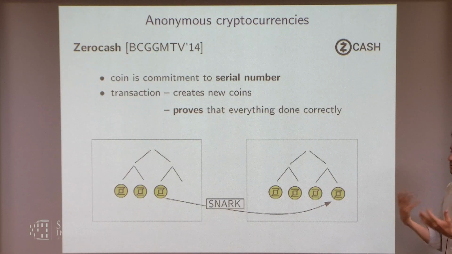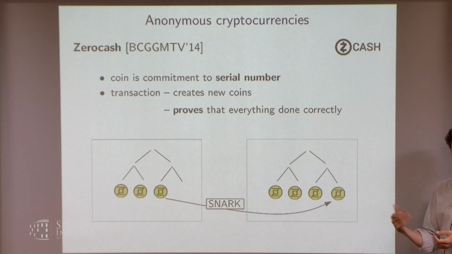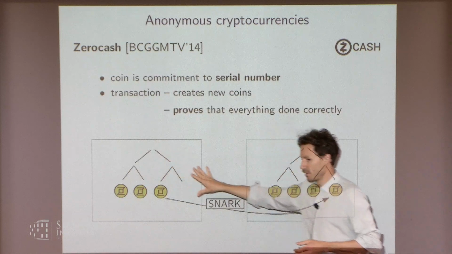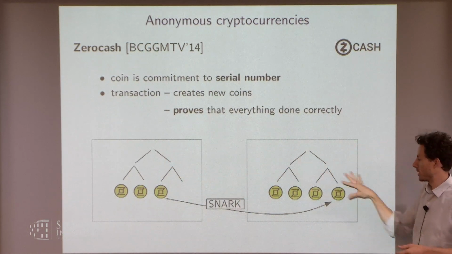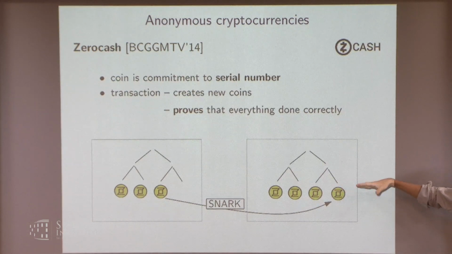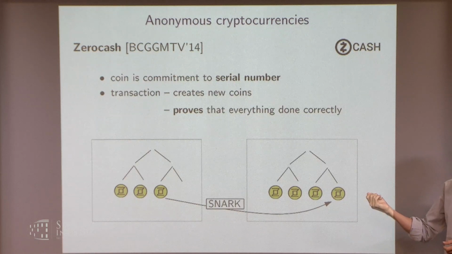So for now, this is like the strawman that doesn't work, because exactly for the same reason as in Monero, you cannot just use ring signatures, because you need some mechanism to prevent people from spending their coin twice. If all you prove is, I know some coin that belongs to me, and that gives me the right to create this new coin, okay, but who can check that you haven't done this twice for the same coin?